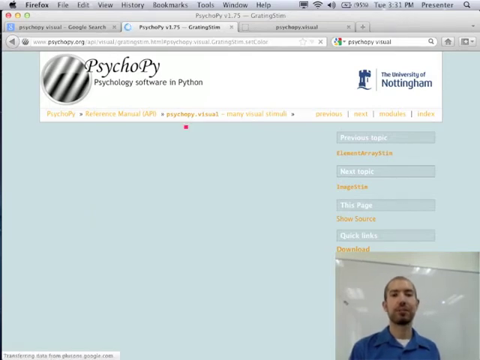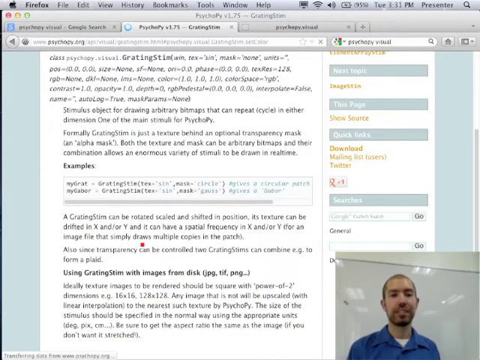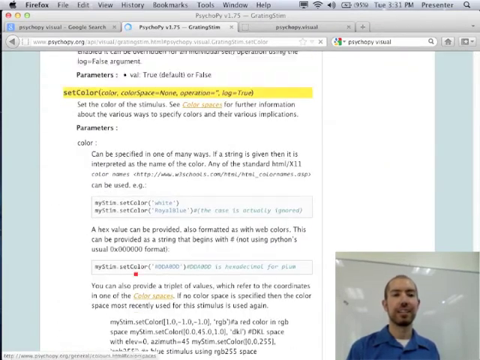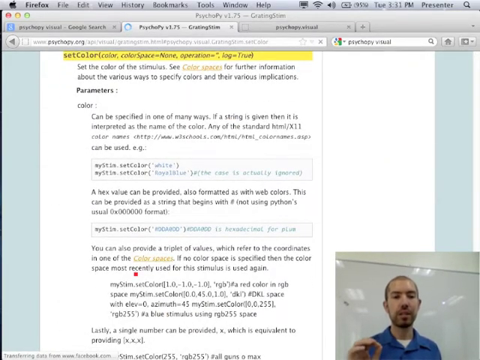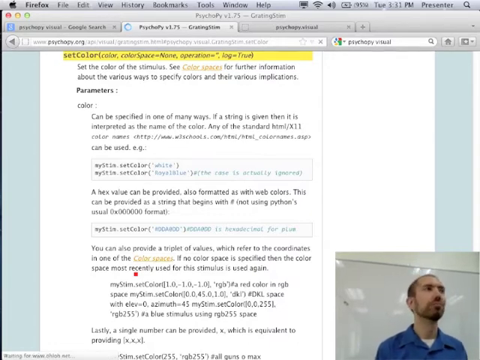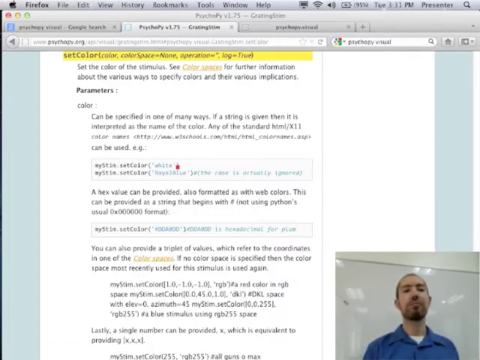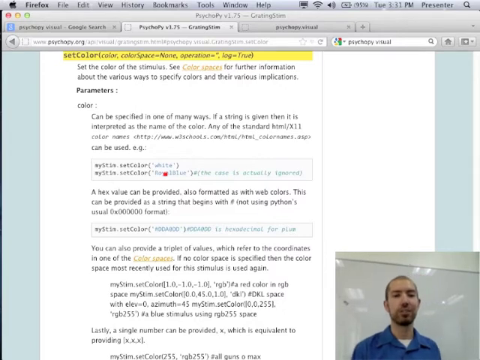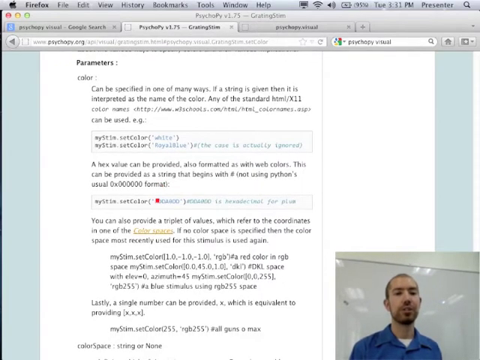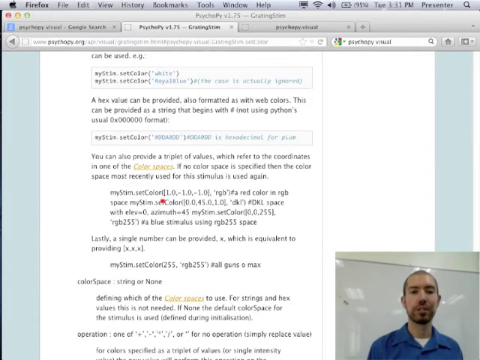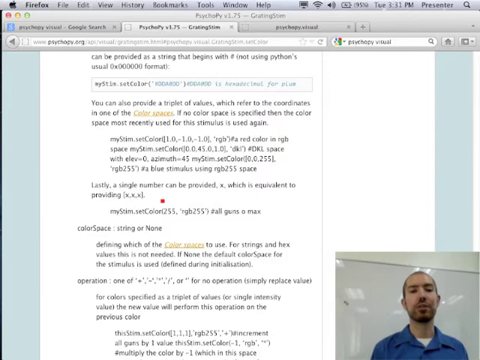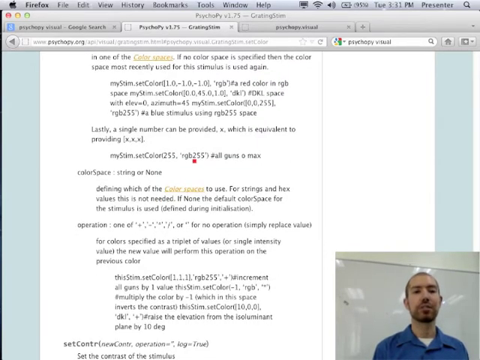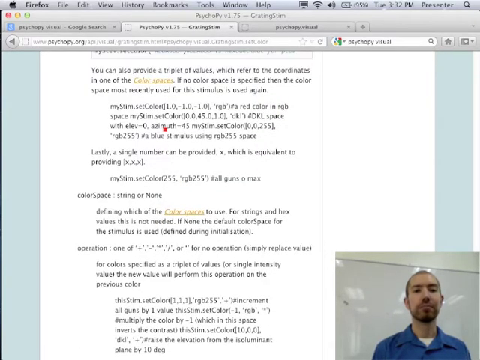But basically what you'll find eventually is that colors are specified in a variety of ways, right? So one thing you can do is you can name colors. It doesn't know every color in the world, white, royal blue, etc., but there are certain standardized colors that you could use. You can use, if anyone's done HTML, you can do HTML-style color coding if you really want to. But the way that we're probably going to want to do it most of the time is to use what's called RGB color.